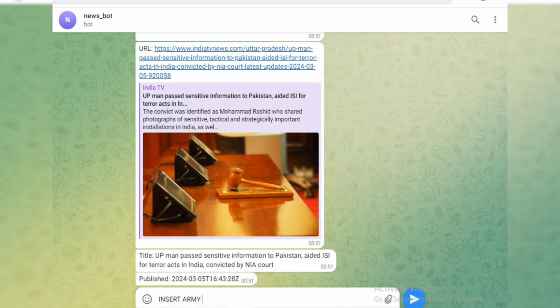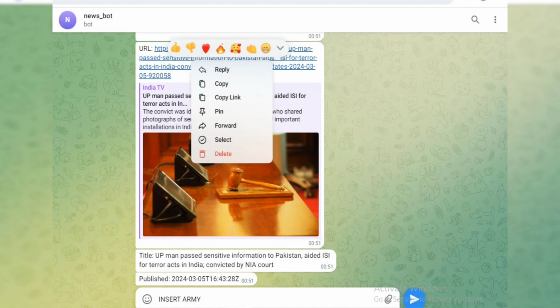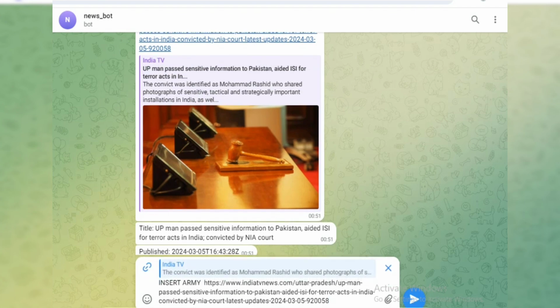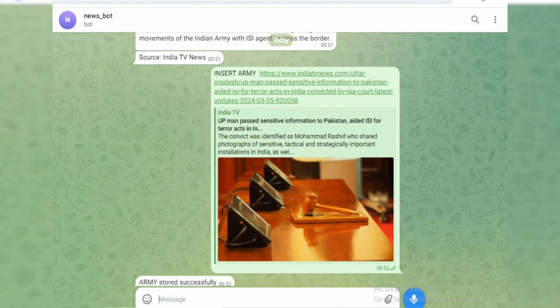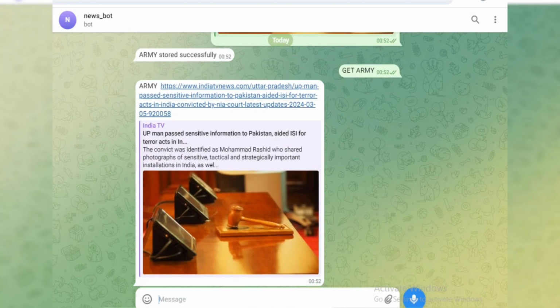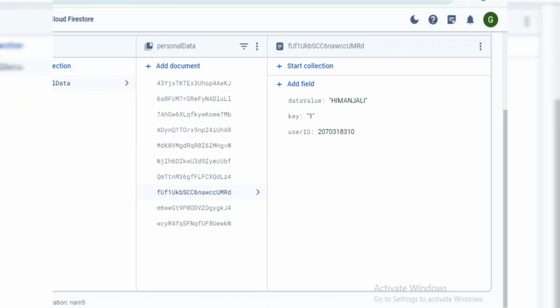And I want to copy this link and paste here, and it shows that army stored successfully, and we have to get the army. It gives the information, and it stores the values